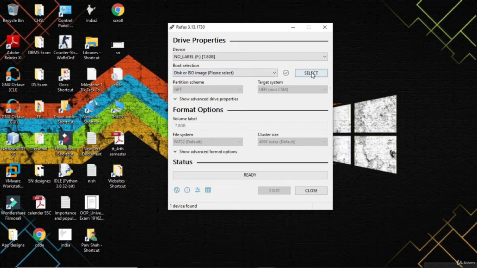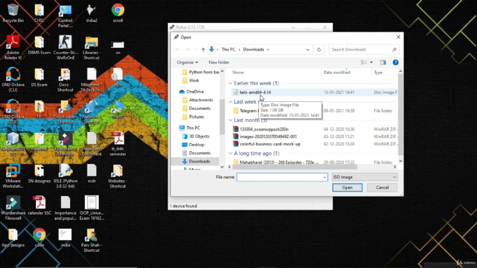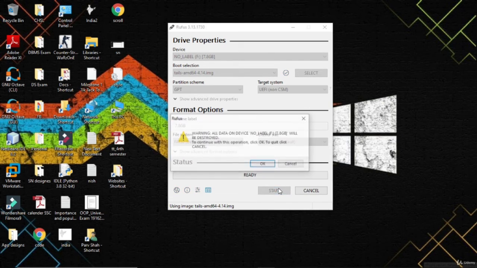So boot selection, select your .img file from where you have downloaded Tails. This file I have to select, and don't do anything with any of the advanced properties. No settings need to be changed. Just click on start.